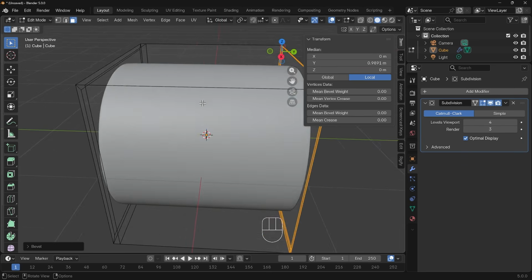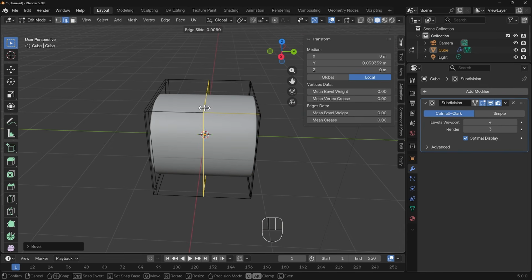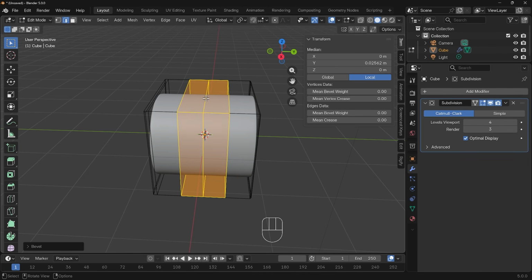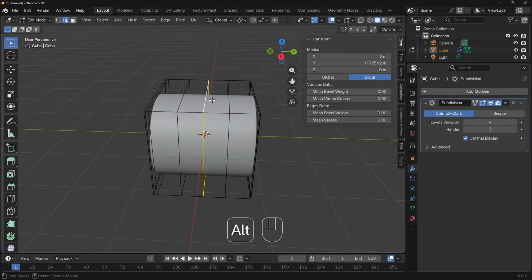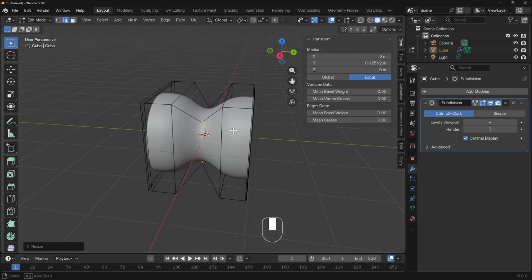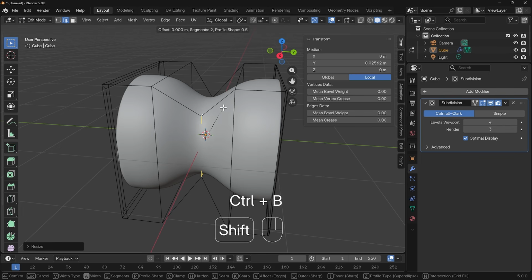So as another example, if I do another loop cut in the middle here and left click to set that and right click to cancel any movement, what I'll do is I'll bevel that, so Control B, move my mouse out and I'll move it to somewhere like here, select this middle loop here, so that's Alt left click to select the middle loop, scale that right down, and we've got this kind of egg timer looking thing here. If I now bevel this, we should see a sharper edge in the middle here, so Control B to bevel, I'll hold down Shift